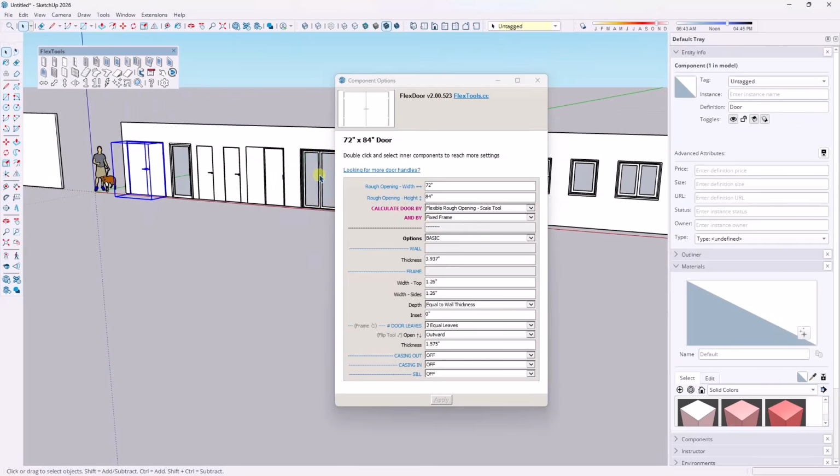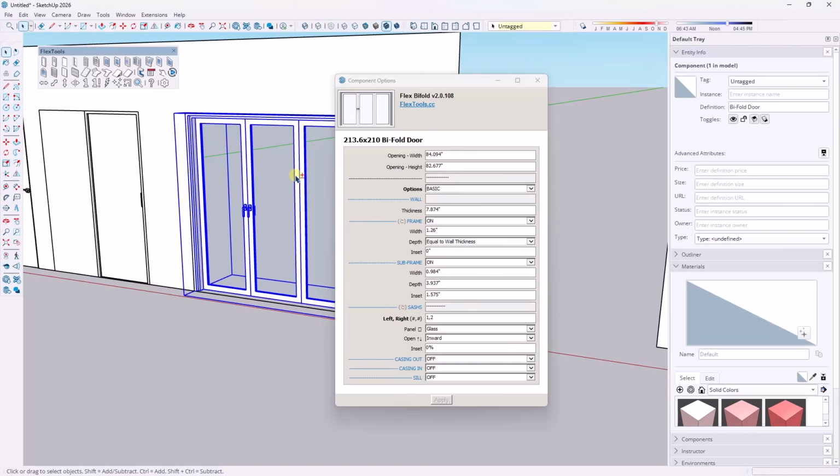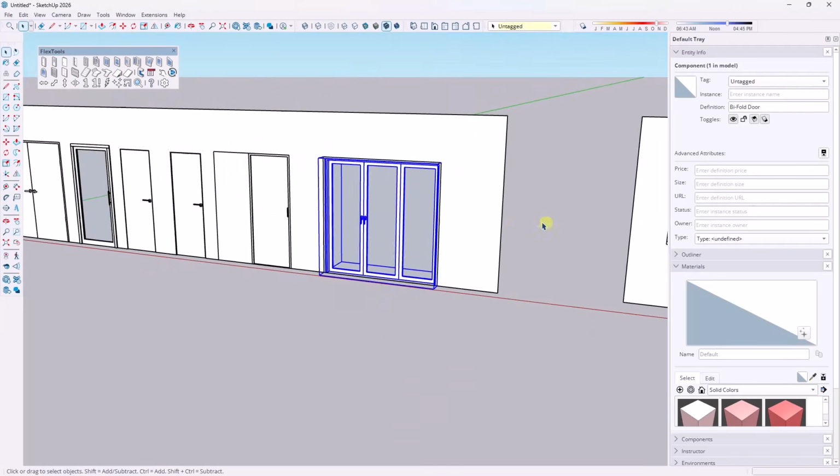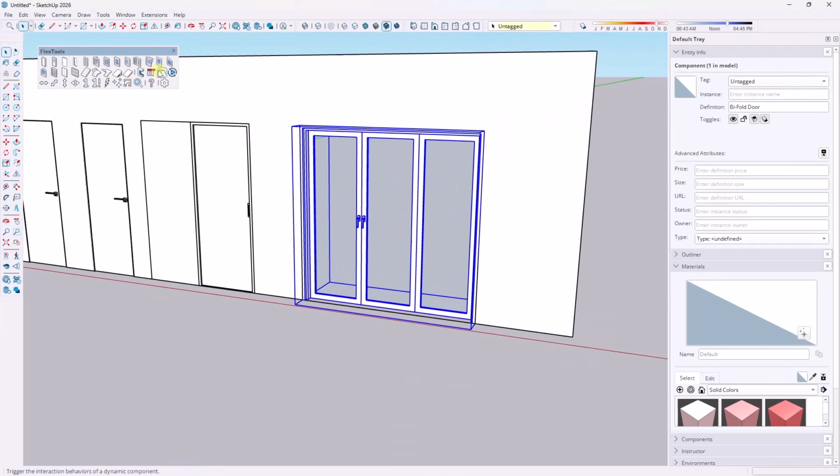a lot of these other doors in here have other options as well, right? We've got this like bifolding door right here where you can set the different widths of the different folding pieces, that kind of thing. Now, one of the things that's interesting about these is you can actually interact with them